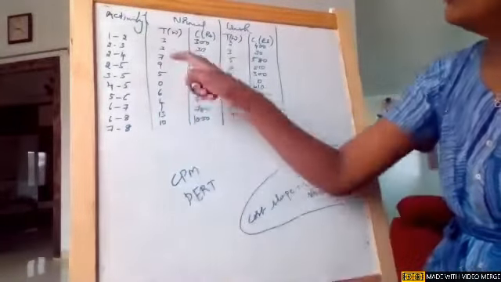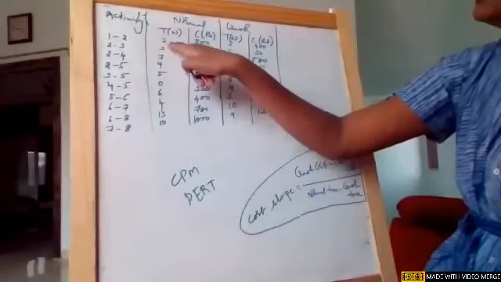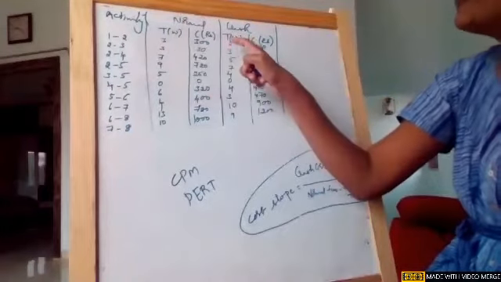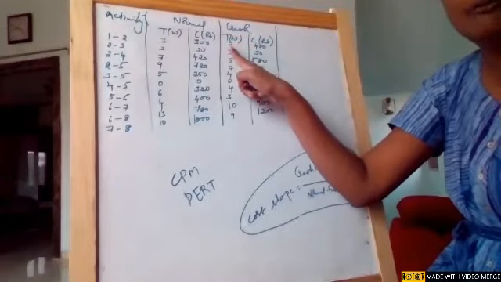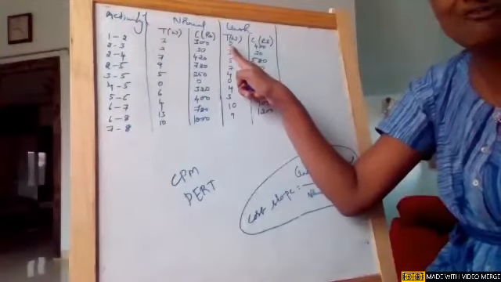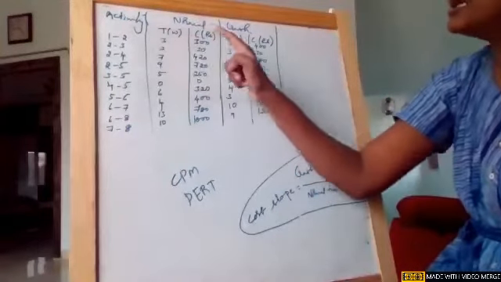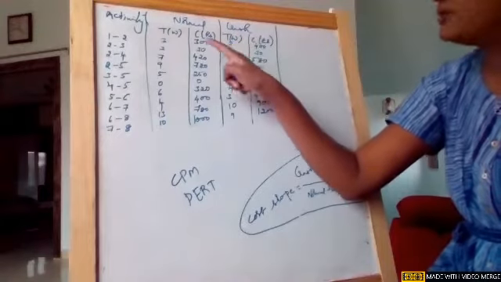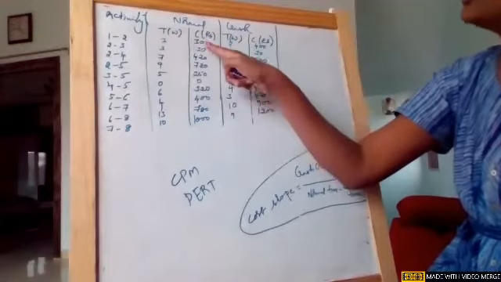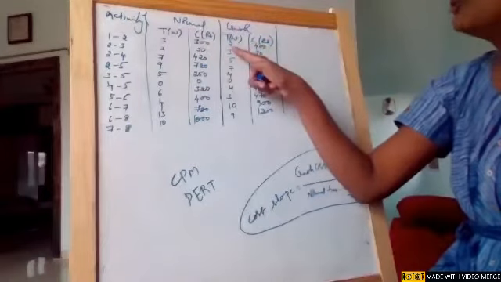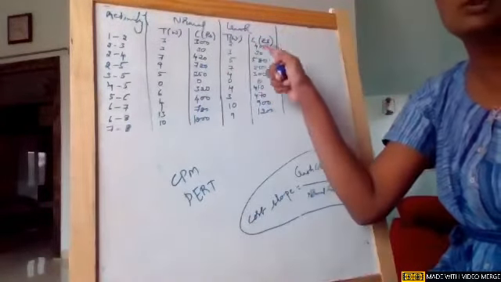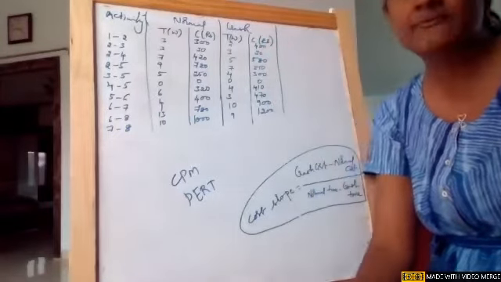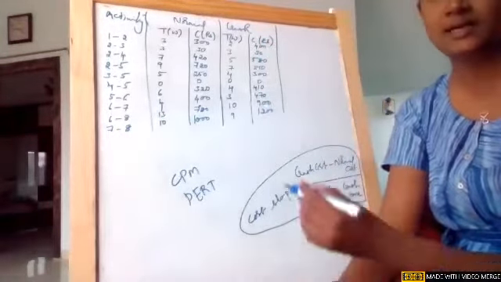If you see activity 1 to 2, it is taking 3 weeks. Crashing is like speeding up your work and reducing it by 1 week. That means instead of completing it in 3 weeks, we can complete it in 2 weeks. But obviously, when I'm making it faster, the cost also changes. If it is 3 weeks, it is only 300 rupees. But if I'm completing the work in 2 weeks, it is costing 400 rupees. So this is how there will be two durations in the crashing method.